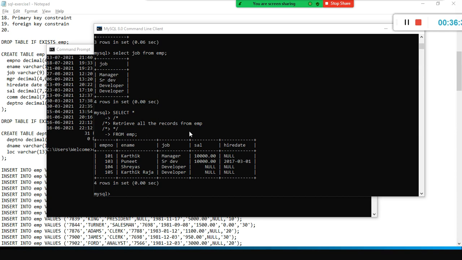Comments are very much important to understand the logic of the query. Why are you using it? In this case, it is pretty straightforward. You don't have to specify a comment here. Just because I taught you how to use the multi-line comment. So why should I use comments? We use comments to understand the logic that we used in the query. Here, select star from EMP is to display the entire record from the table. In this case, you don't have to specify the comment.